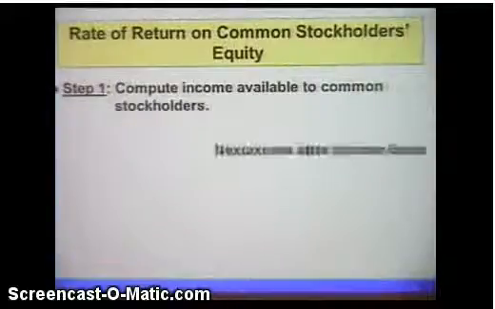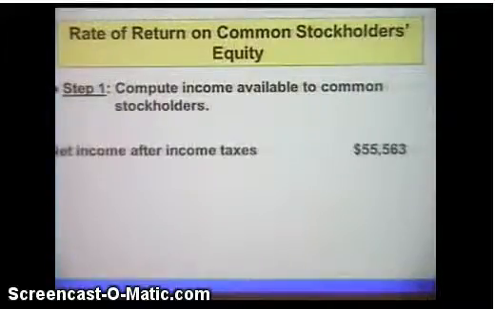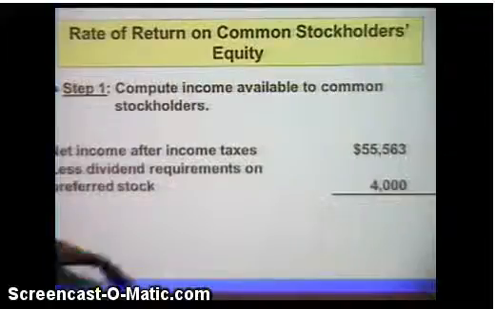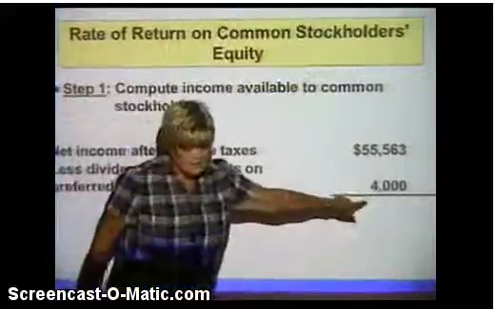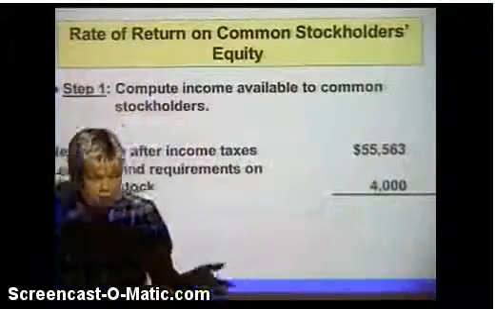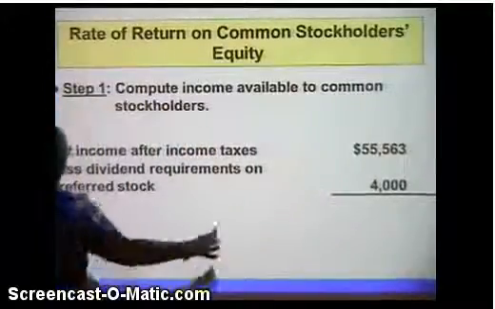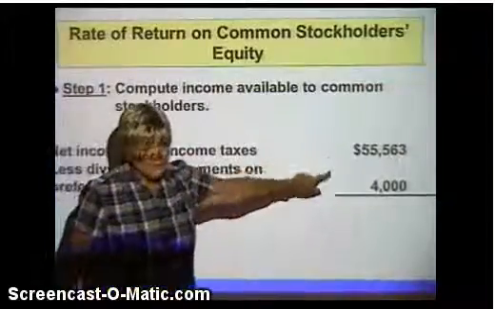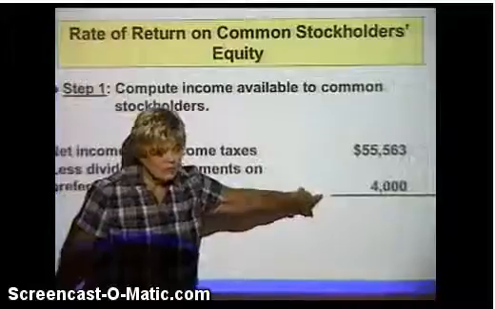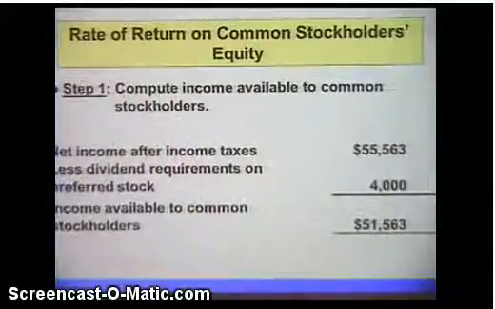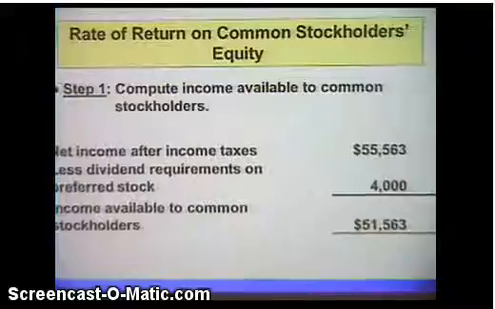Okay. So you take your net income after taxes, less any requirements that you have to pay out on dividends. Some of your stock may be preferred stock and require a dividend. If so, you have to take that out of the income first, because this has to go to your stockholders that have preferred stock. So once you get that amount, the amount available to your common stockholders, those that don't get an automatic dividend. Not that they can't get one, but they